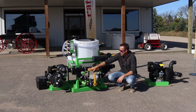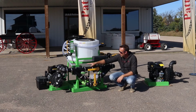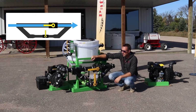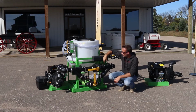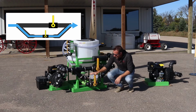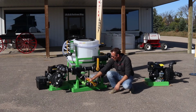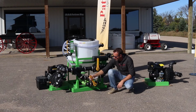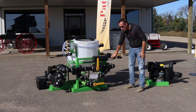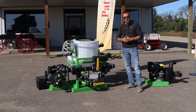What we've got here is our bypass. When this valve is open, we are pushing product straight through here, as you can see, using sweeps, not 90s. So it's going to be straight 3-inch product going all the way through. When we close this valve off, now we have the opportunity to activate the Venturi. So we can either pull product from the tank, or we can put it in the off position, or we can put it in the Venturi position to pull product directly out of the totes and meter it into the stream. It's a very easy, simple to use setup,